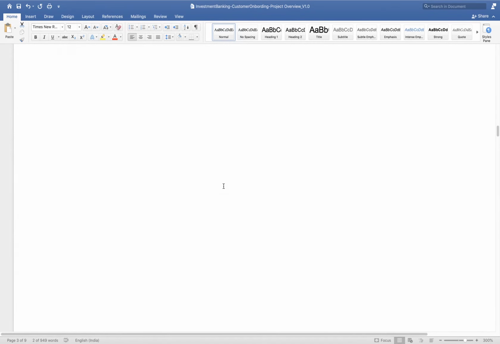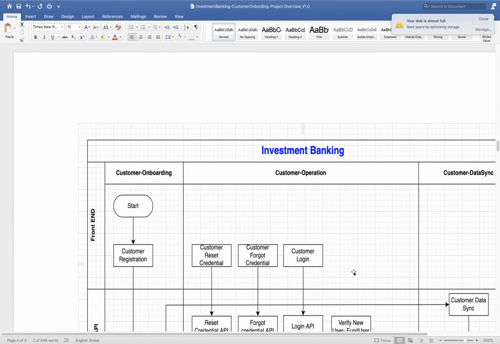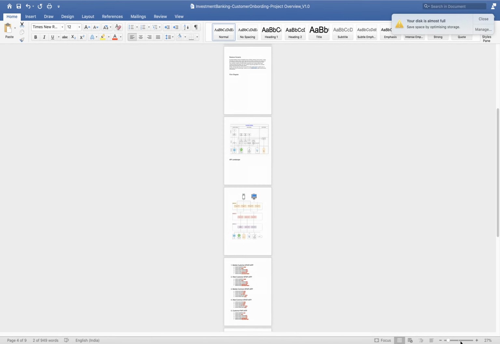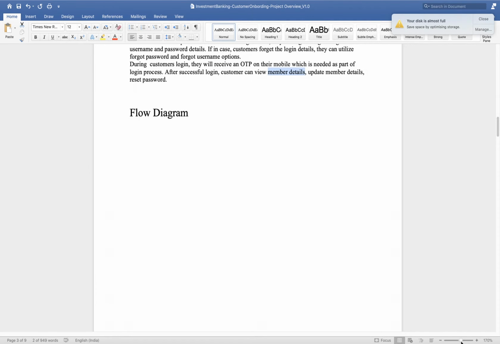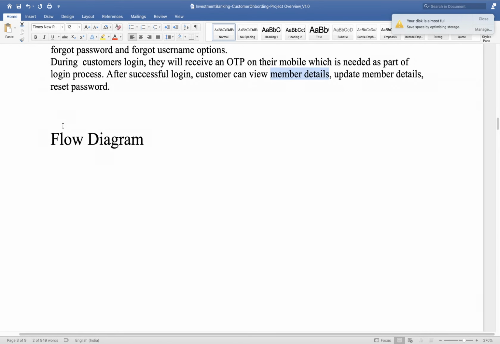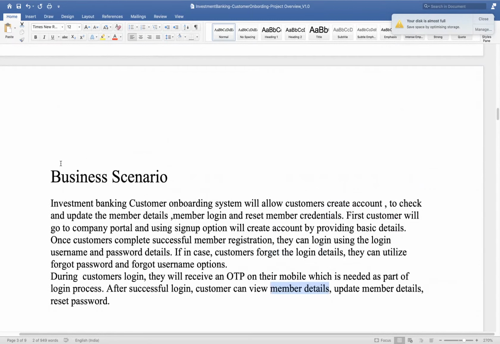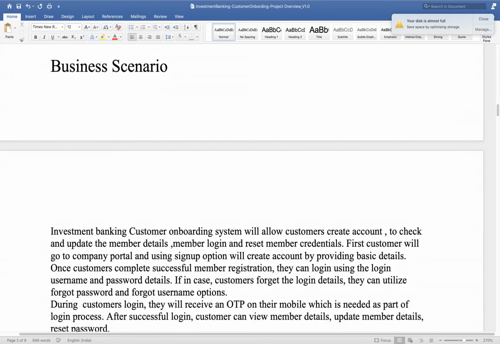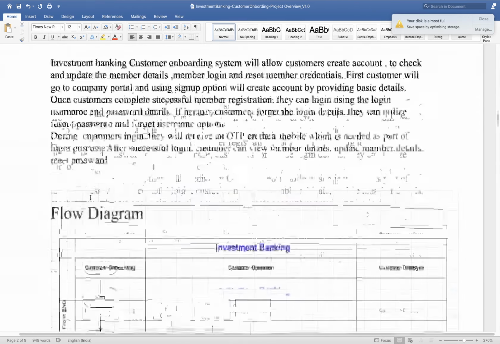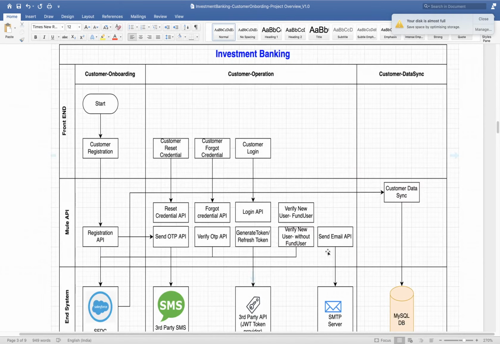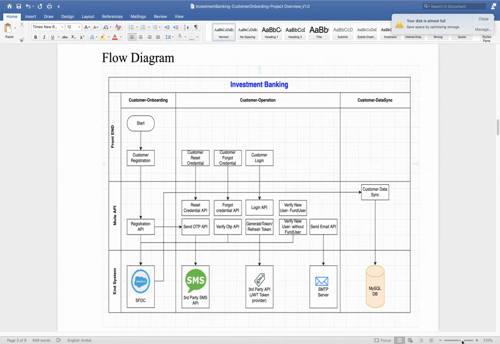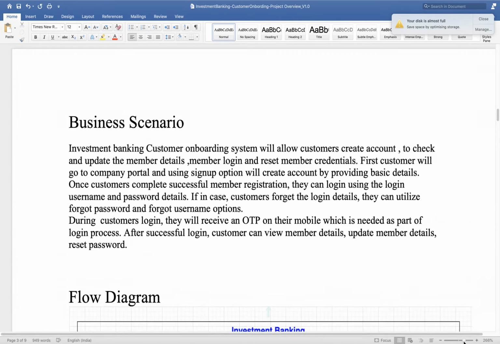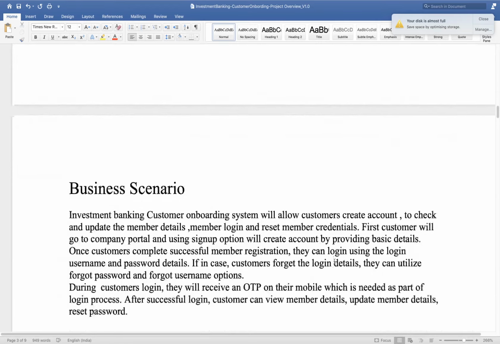Now here you will be able to see the flow diagram. So in this flow diagram, is it clear to everyone, is it visible to everyone?